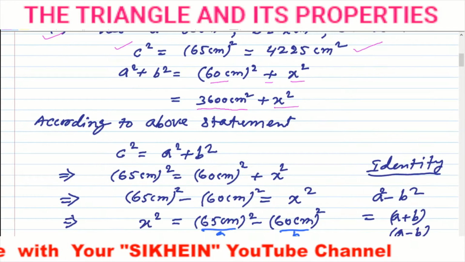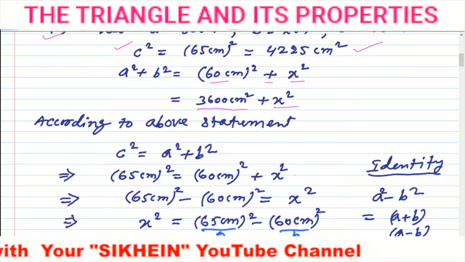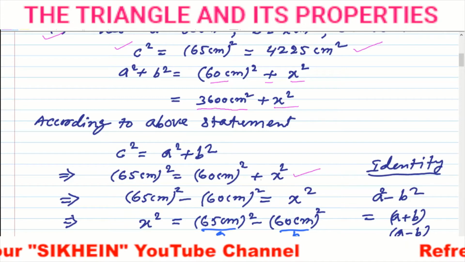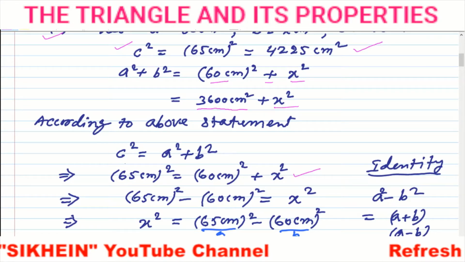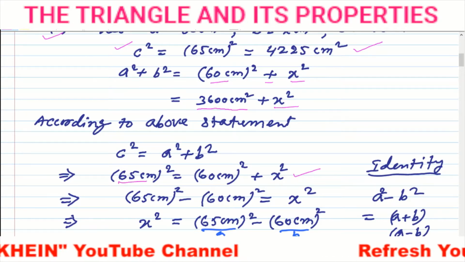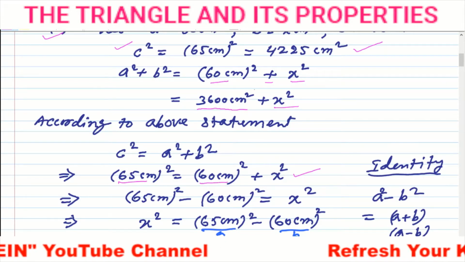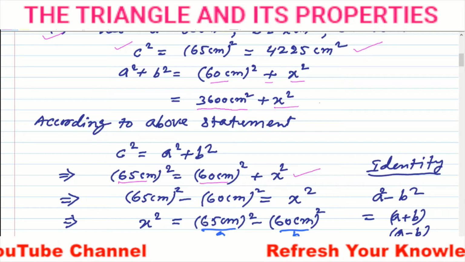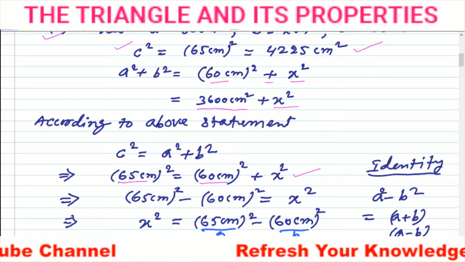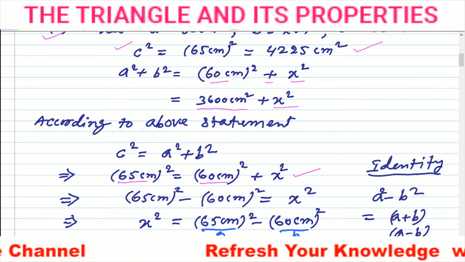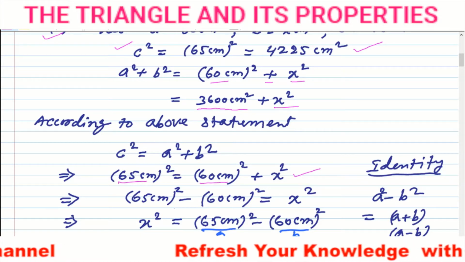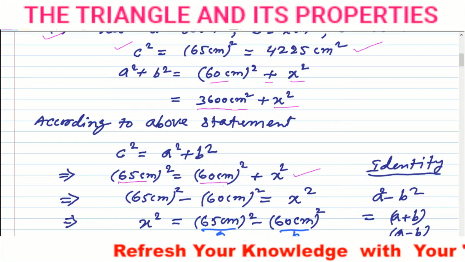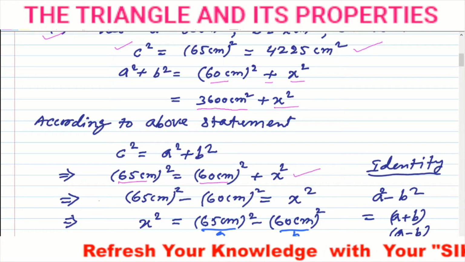After putting, we get the equation. So on the left hand side, the c square value we have written, and on the right hand side, the above. We can take it as an equation, but directly we can say here, according to the above statement, after computing, we get what? In the second step, you see,